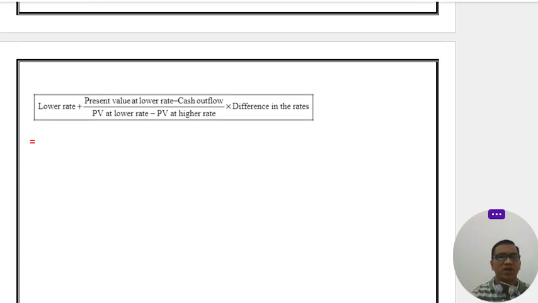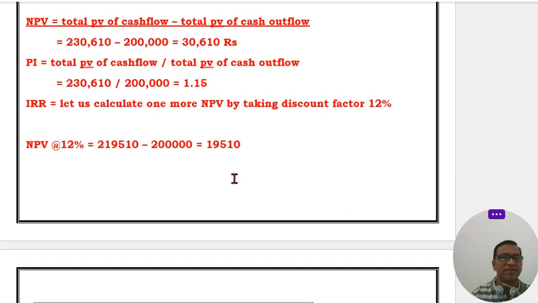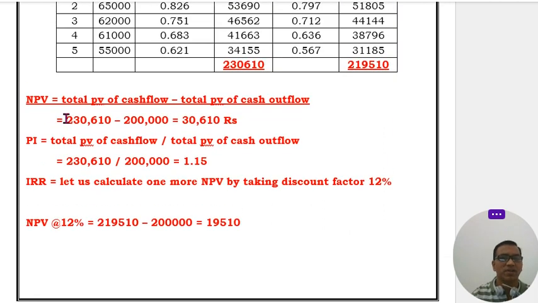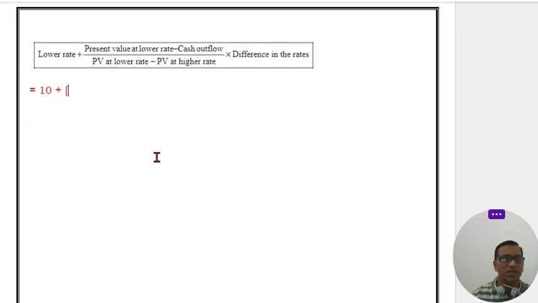Let me substitute the values. Lower rate 10% plus, and in brackets I am keeping the present value at lower rate, that is PV of cash flows, this one, 230,610 minus cash outflow 200,000,